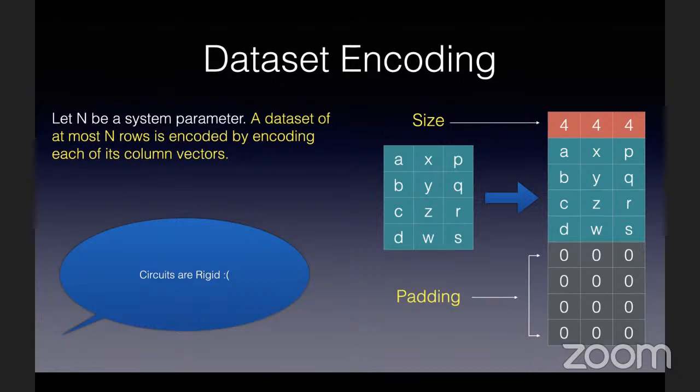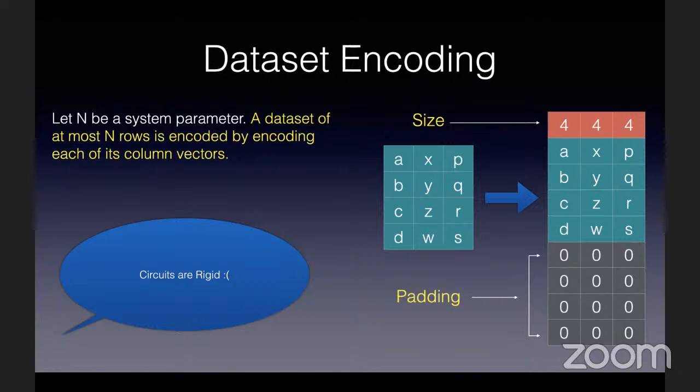What I mean is, if you have a circuit to sort 8 numbers, it sorts 8 numbers. If your input is 4 numbers, the circuit has no way of knowing that you are only interested in the first 4 numbers. You still have to provide all the 8 inputs. The same is the case here. But when your data can actually vary in size, you need to put in some extra bookkeeping information for this data set.